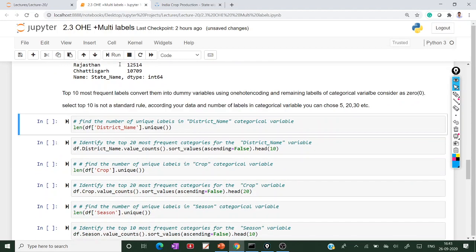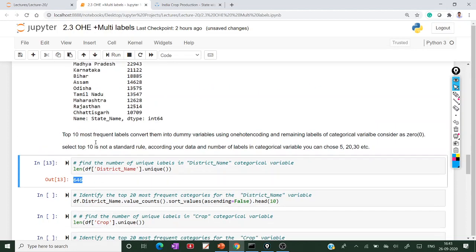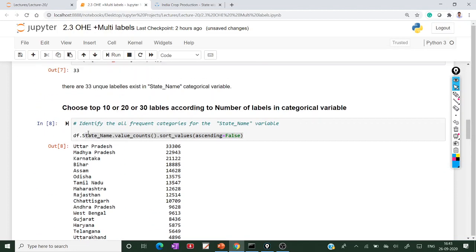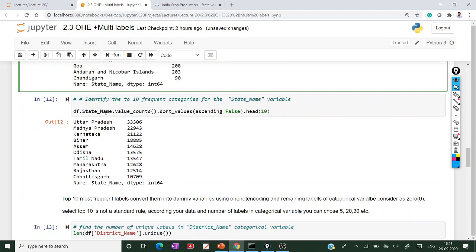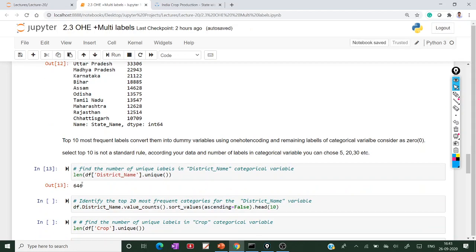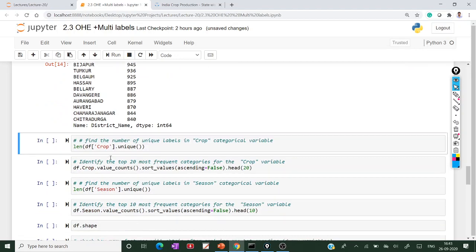Similarly, you can check the length of the district name. Under the district name there are 646 unique labels, but under the state column only 33. These are the different district names.